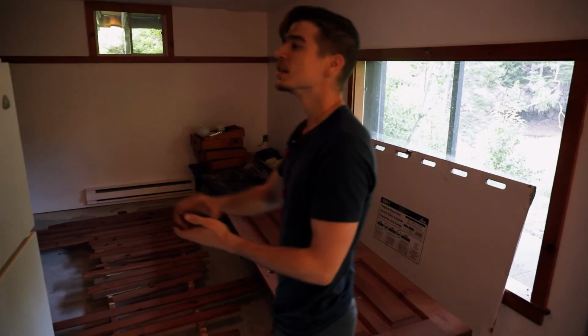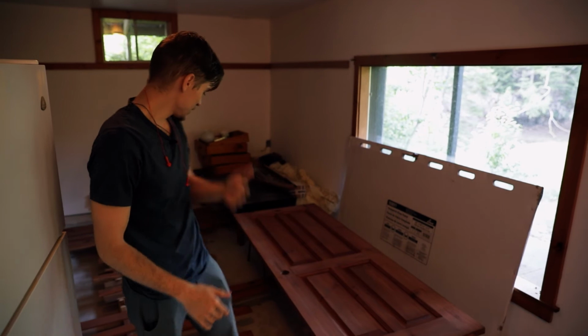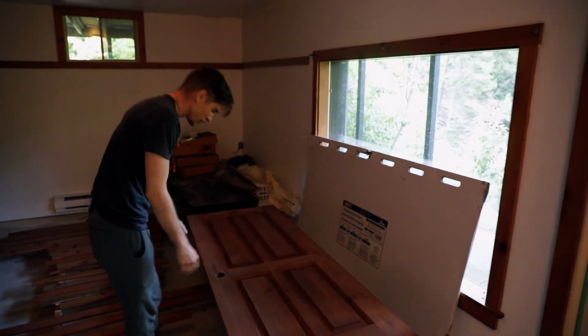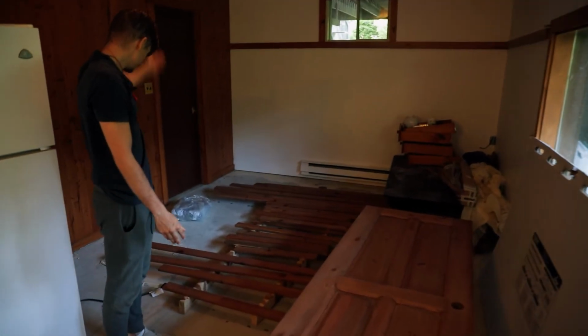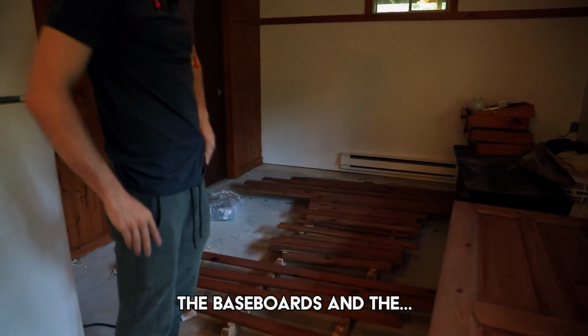Ta-da! This is what the door looks like now. It actually turned out really nicely, and this is all the trim. Baseboards and the